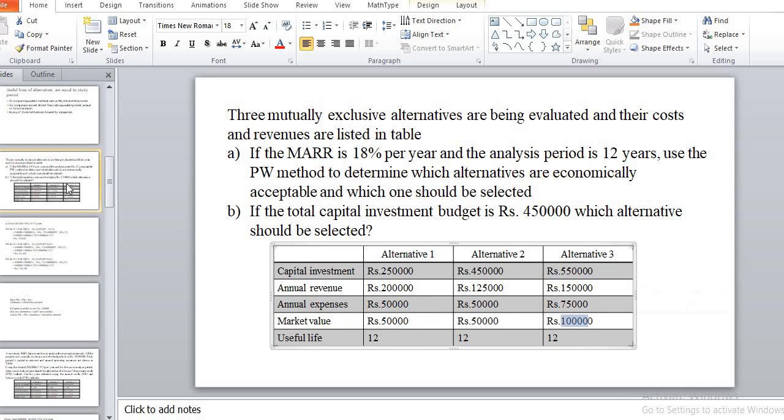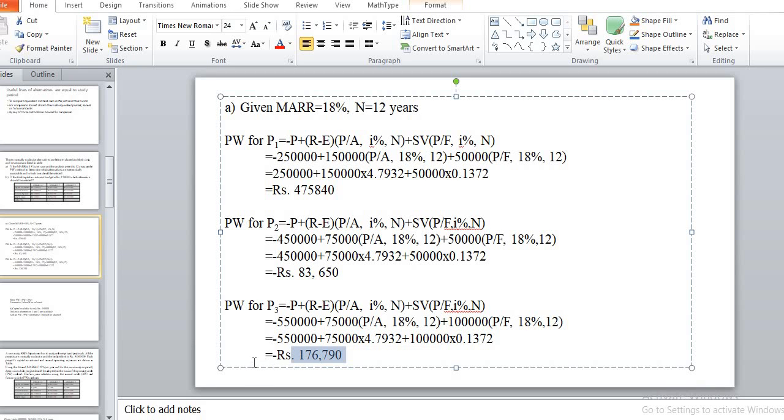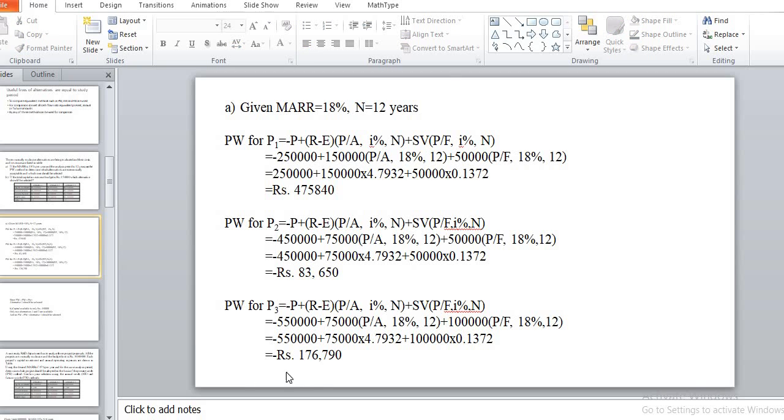So put here salvage value 1 lakh and this factor of present worth. So this value comes as 1,76,790. By comparison of the present worth values of project 1, project 2, project 3, we will find